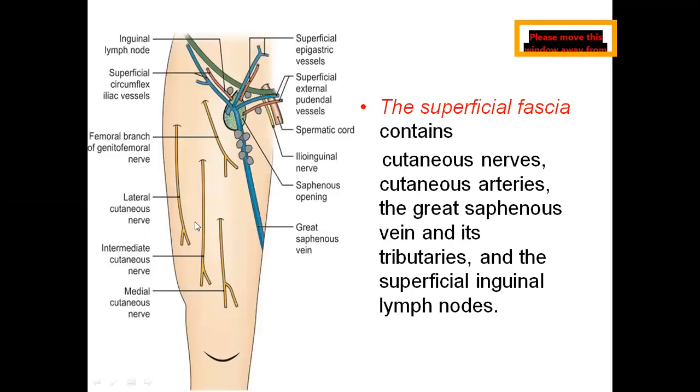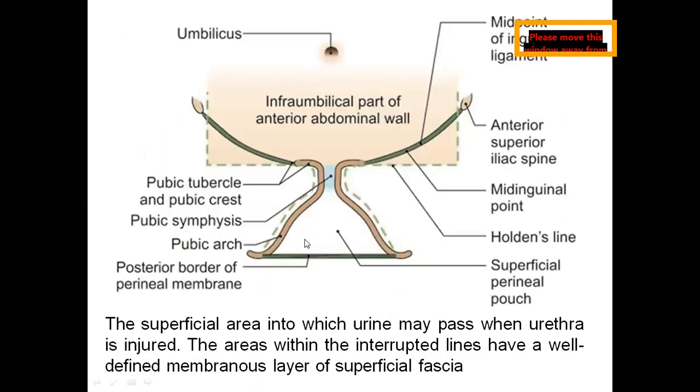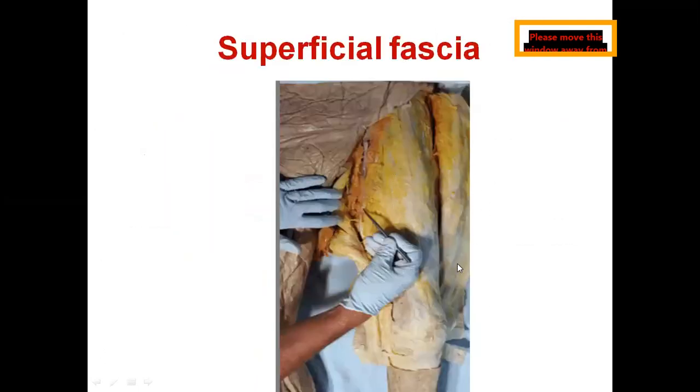Now, the superficial fascia contains many structures. That means if I take you to the same picture again, see, this is completely superficial fascia. Along the superficial fascia, you are finding bluish lines. These are nothing but cutaneous veins. Certain small nerves also will be encountered while doing dissection. You are finding this vein, which is a little more clear over here. That is actually the great saphenous vein, which is found within the superficial fascia.